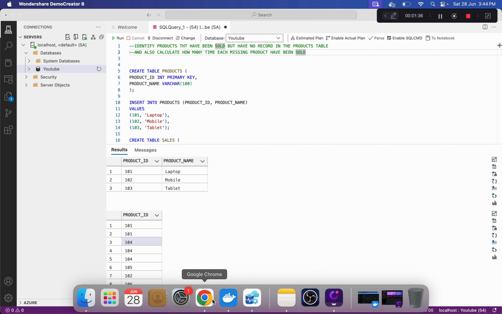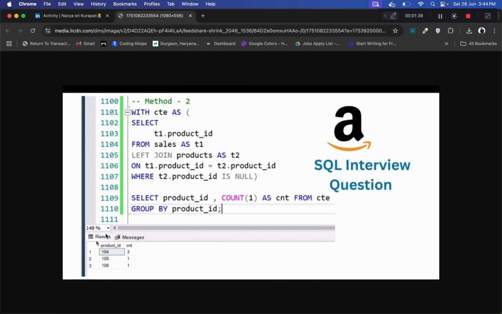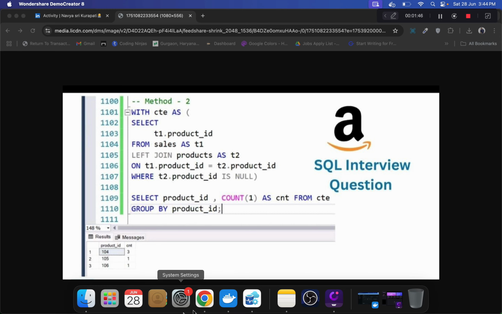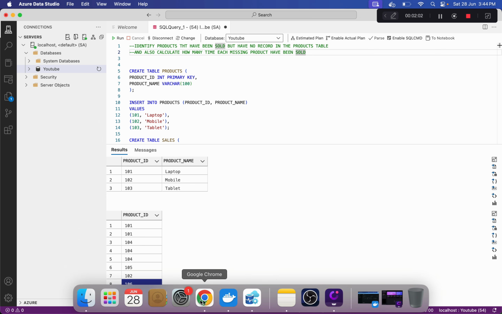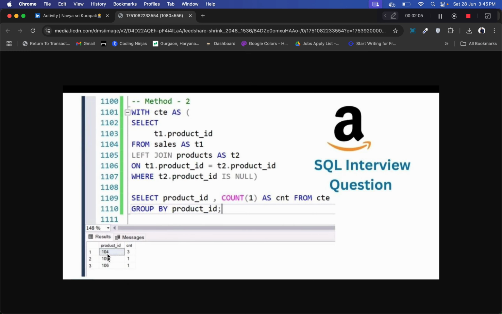You can see this particular table. So this is our output. For this product ID 104, the count is 3. So let's see our next product. The next product is 105, and 105 is not present in this table and its count is 1. Similarly, there is one more product which is 106. 106 is also not present in this table and its count is also 1. So let's see if these are present in our output table. Yeah, you can see product 105 and 106 are also present and their count is 1. So I hope this question is clear.